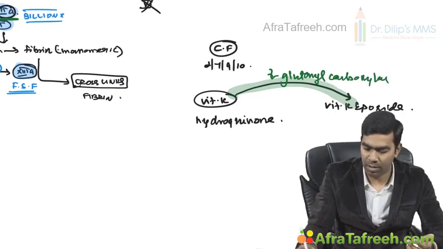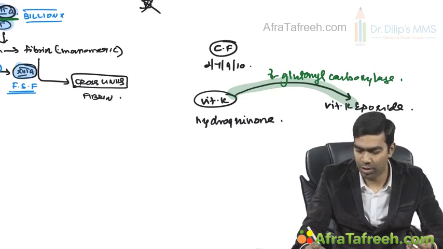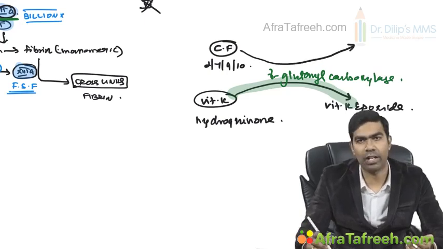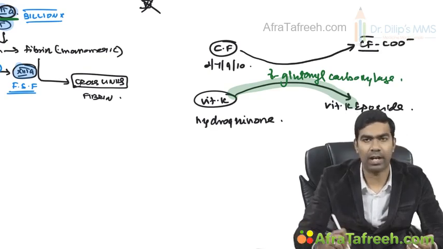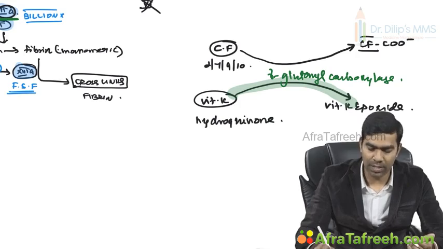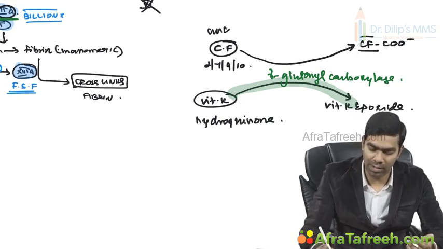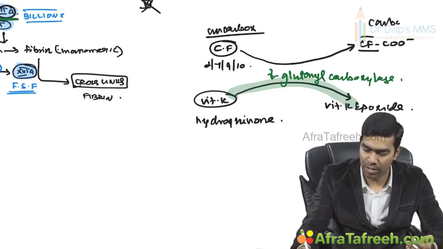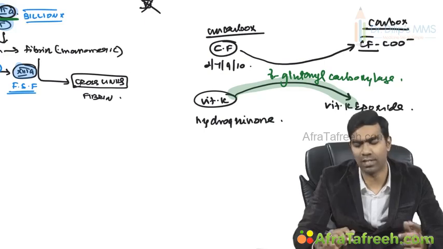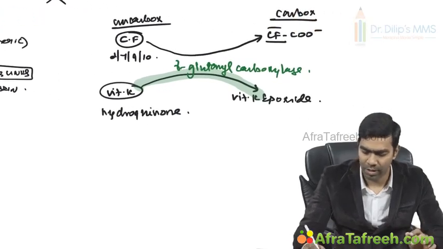Gamma glutamyl carboxylase. During this crucial step, your clotting factors are carboxylated, which means you are going to add a COO minus. So these clotting factors are initially uncarboxylated. Later on they are carboxylated. This carboxylation of clotting factors is very, very crucial because these factors 2, 7, 9, 10, as I told you,